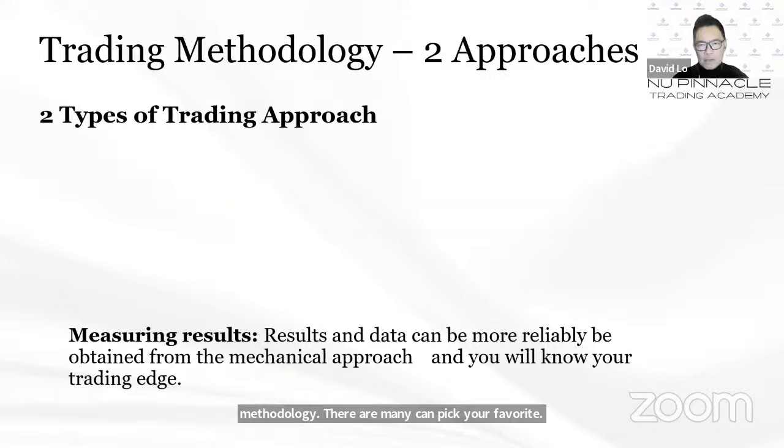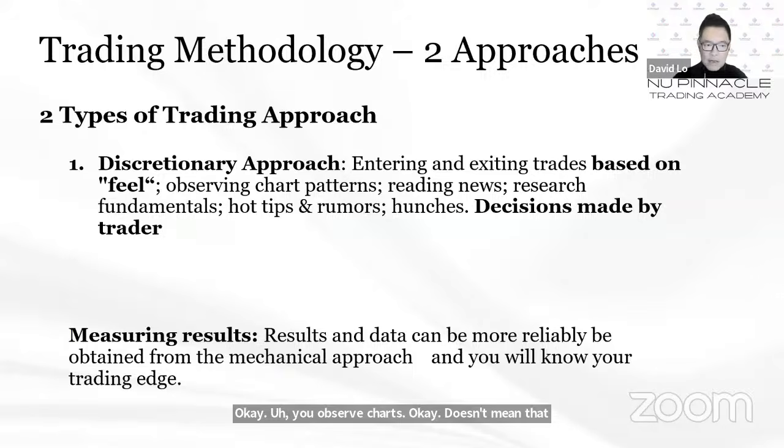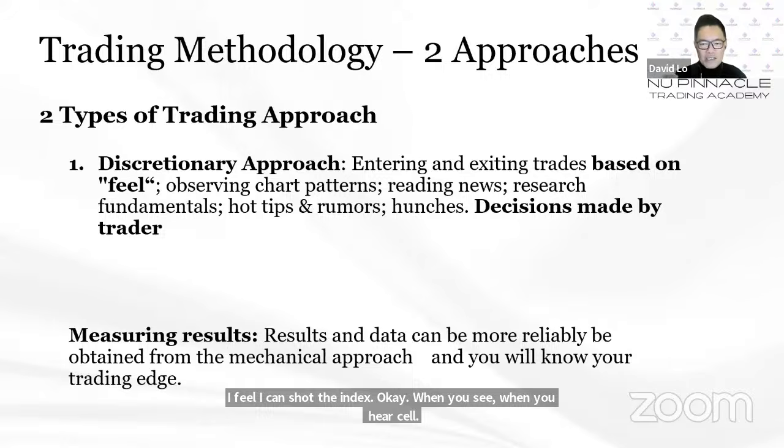In terms of methodology, actually there are two approaches. There's one called the discretionary approach, where you enter and exit based on feel. You observe charts. It doesn't mean that you don't look at charts. You may look at charts, you may read the news, you may research some fundamentals, or some people like to listen to hot tips or rumors, or act on hunches. So how do you know that you're trading a discretionary approach? If you hear yourself in your head say, I feel I can buy palm oil, or I feel I can short the index, when you hear yourself use this word feel, you know that it's discretionary already,